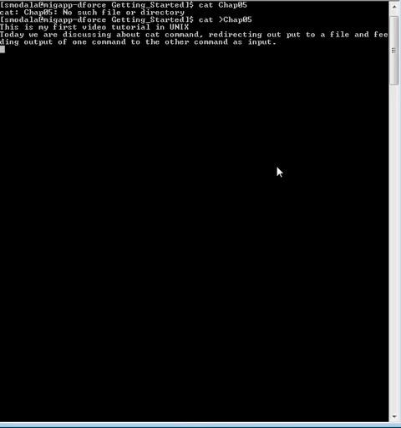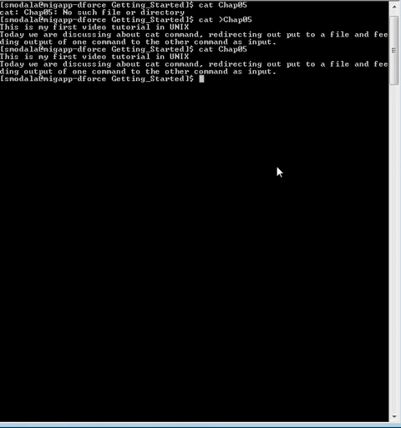In order to save and close, all you have to do is press Ctrl D. Now the prompting is off. So now how to see this data in this file? It is simple. We use the command cat chap05, and see that it is displaying all the content in that file.